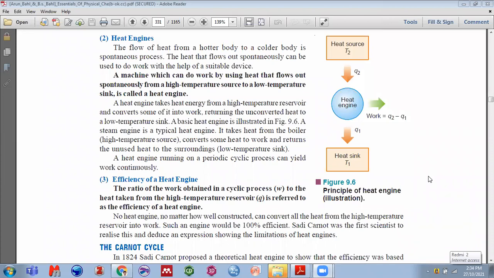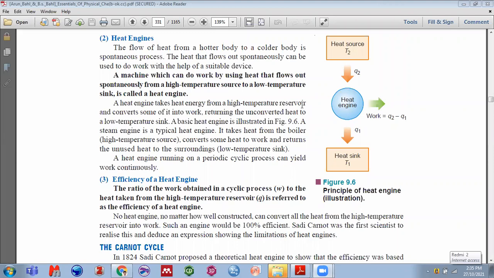Today I will discuss Carnot cycle. पिछले क्लास में इंजन के बारे में बताया था। तो इंजन क्या है, इंजन is a device which can